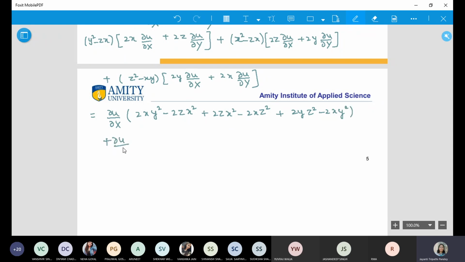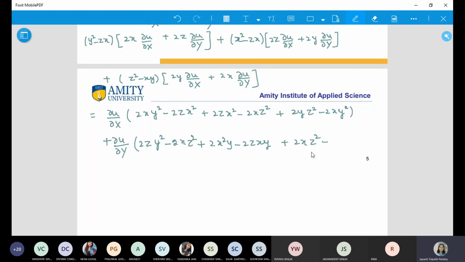And the second term that I am taking, now I'll be getting from here 2zy square minus 2xz square plus 2x square y minus 2zxy plus 2xz square minus